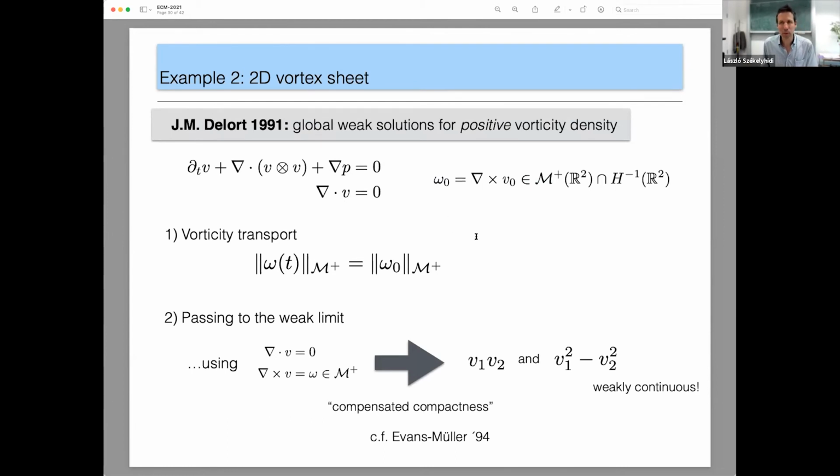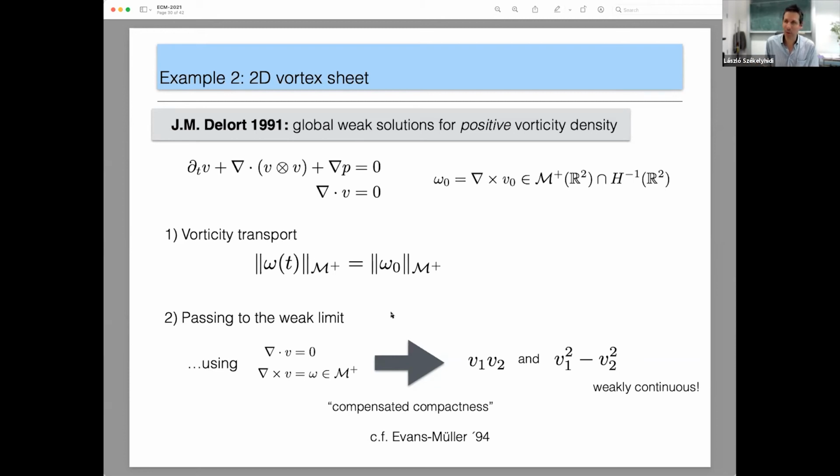Essentially, Delort's proof is based on Leray's strategy in the following sense. In the first step, you identify what is formally conserved by the evolution, and in the 2D case, this is the vorticity. In fact, any L^p norm, because vorticity is just transported, but in particular, the total mass of vorticity is conserved,